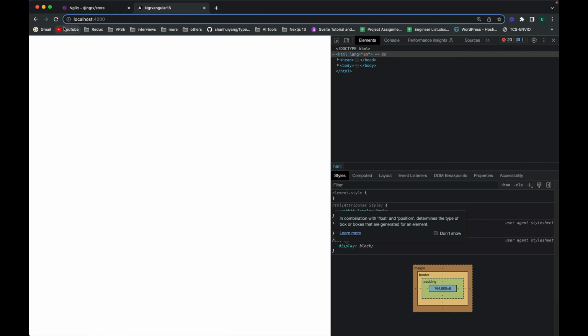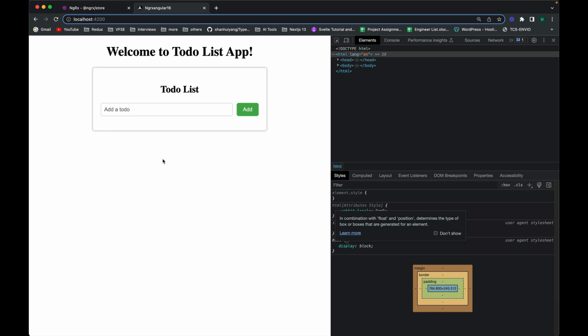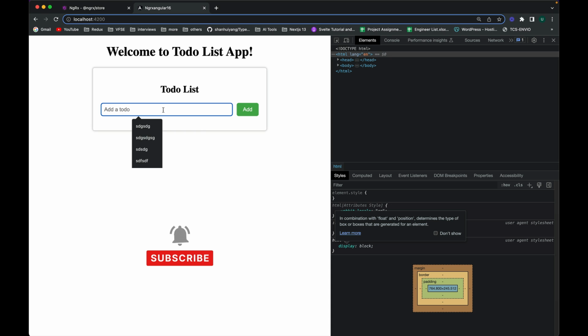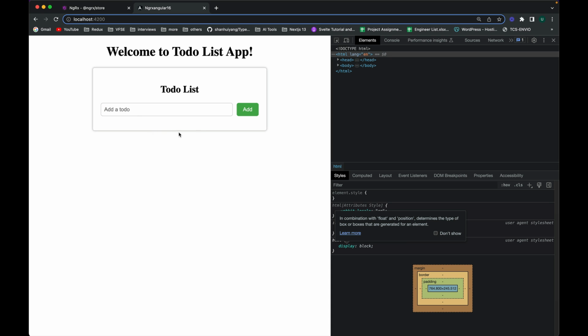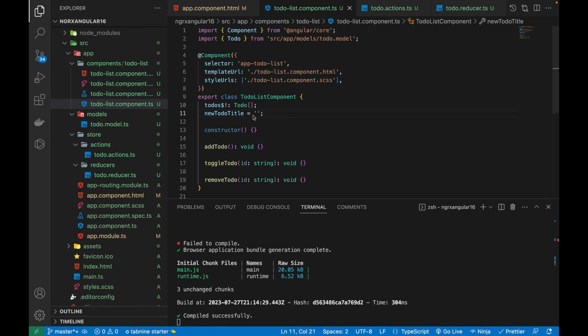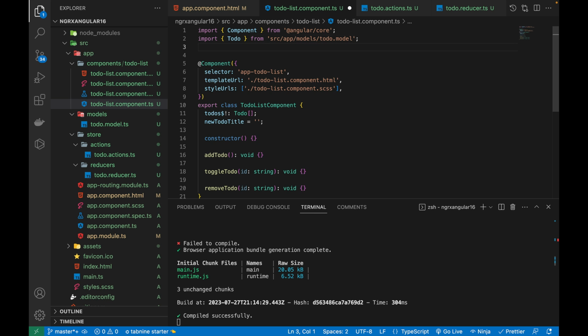And let's refresh, and this is looking awesome. And we have added this form, and it is showing this. It is not currently showing anything below because we are not iterating. This array is empty, the todo list. Now we need to fetch the data from the store which we have created, and in this file we need to write some logic. So first of all, at the top, let's import that